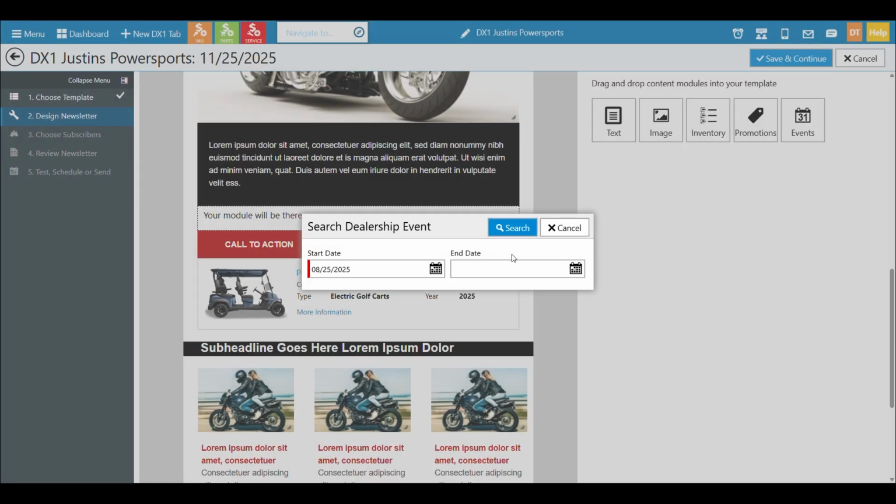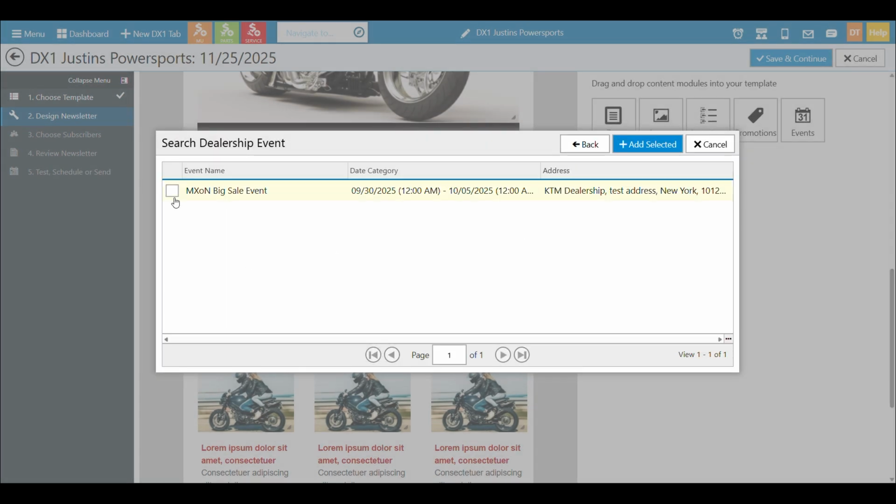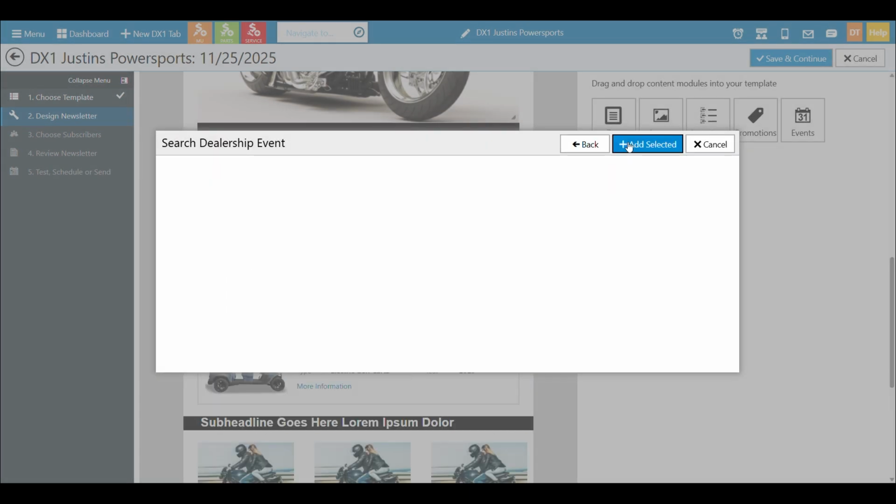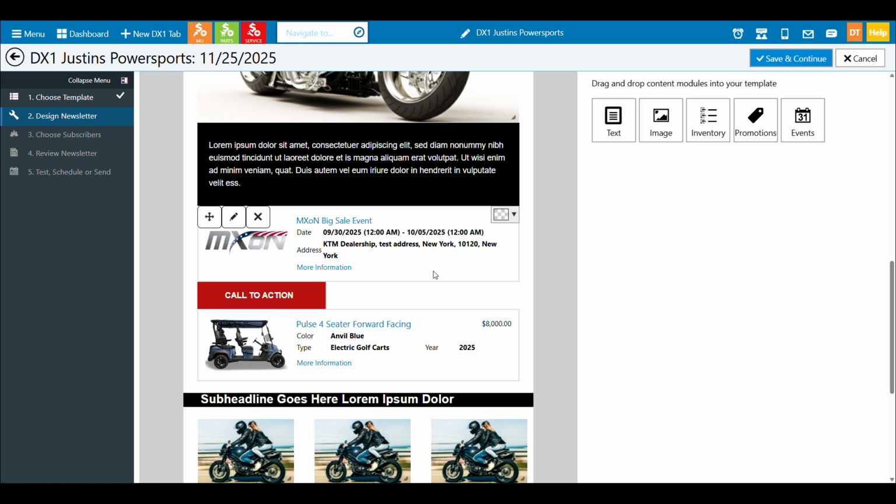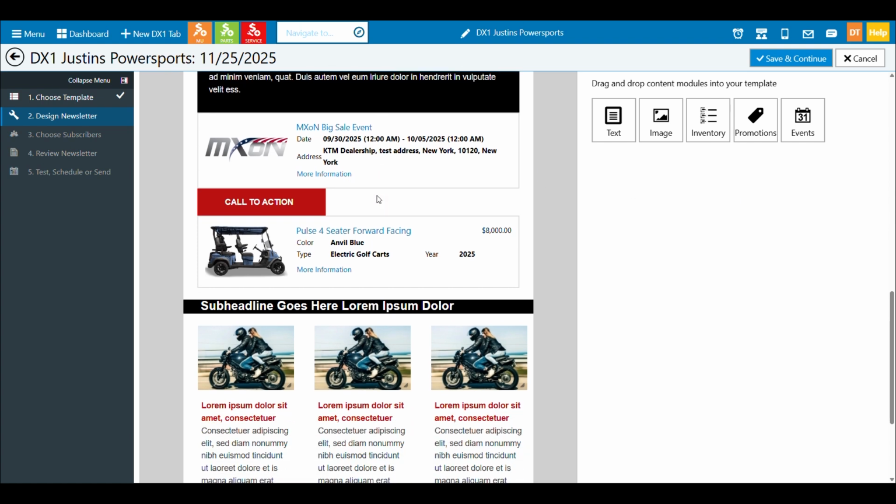Again, we'll talk about events here in a minute, but we can add those. And here's one that we already set up. Again, I can add the selected in here and it can add in details. So this is a really great way to just kind of update your website using some plug and play, some quick updates to get it the way you want.